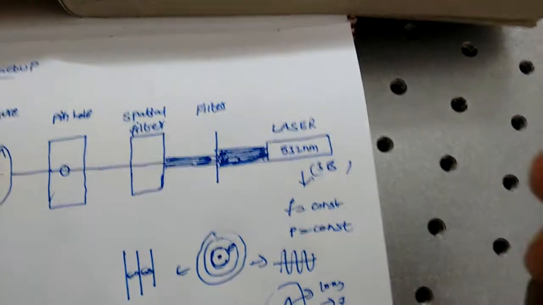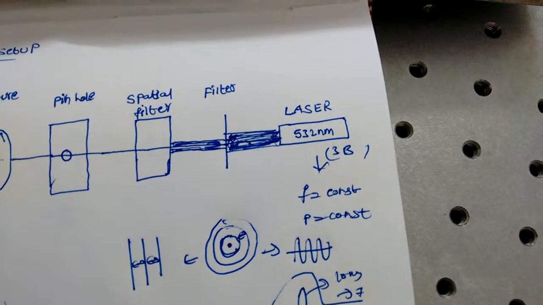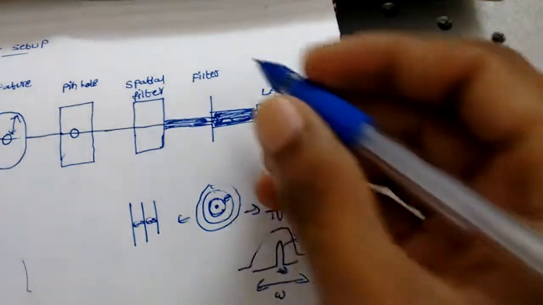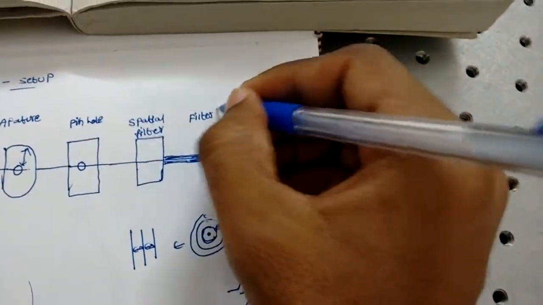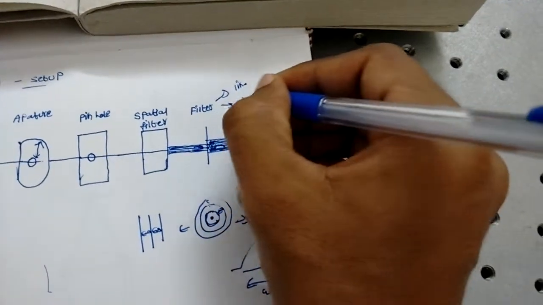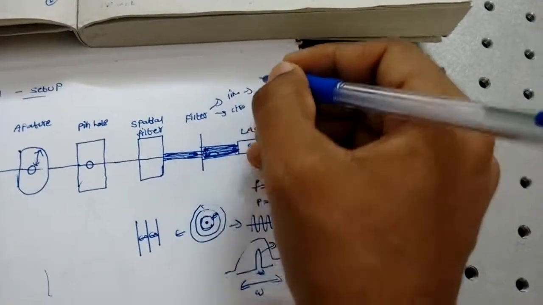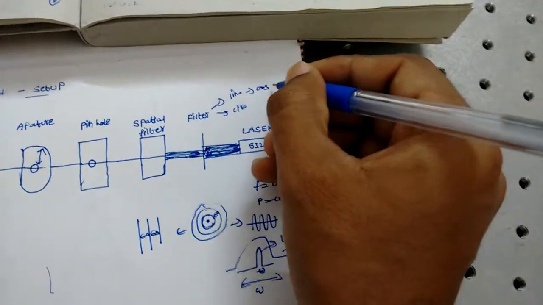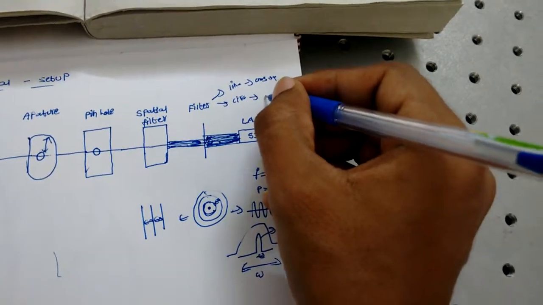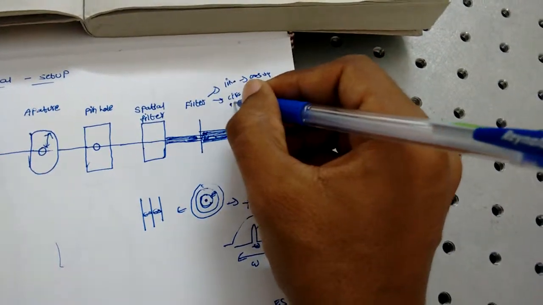After that laser we are using a filter here to reduce the intensity of that incoming laser light. So for that purpose we are using filters. Generally filters can be linear and circular filters. Linear filters are used in CMOS cameras, and circular filters are used in recent DSLR cameras, digital cameras, polarized circular cameras.